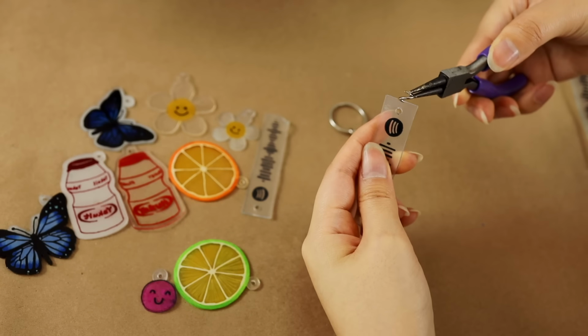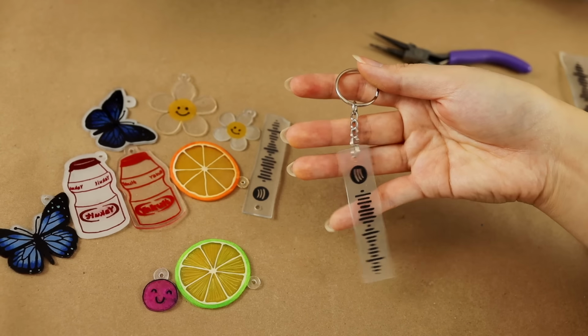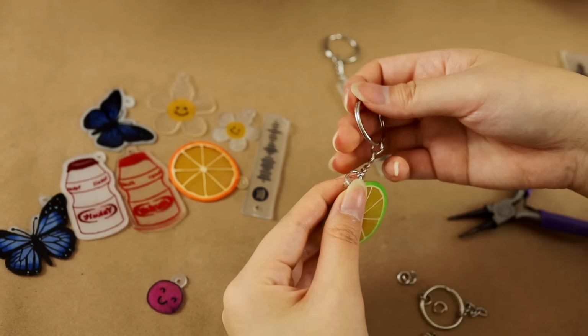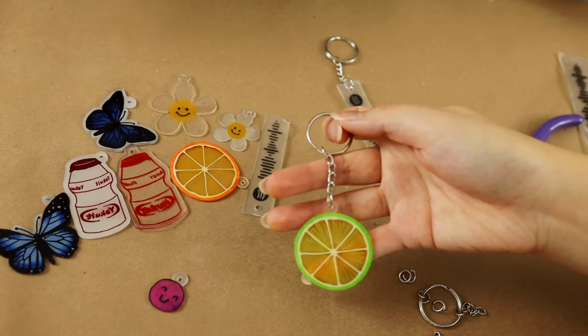But right now I'm just going to attach them to some keychain rings that I also got off of Amazon. So I am just attaching a jump ring first and then the keychain chain, and I definitely will be making more. I think I'm gonna list a couple of these on my shop if you want to check them out